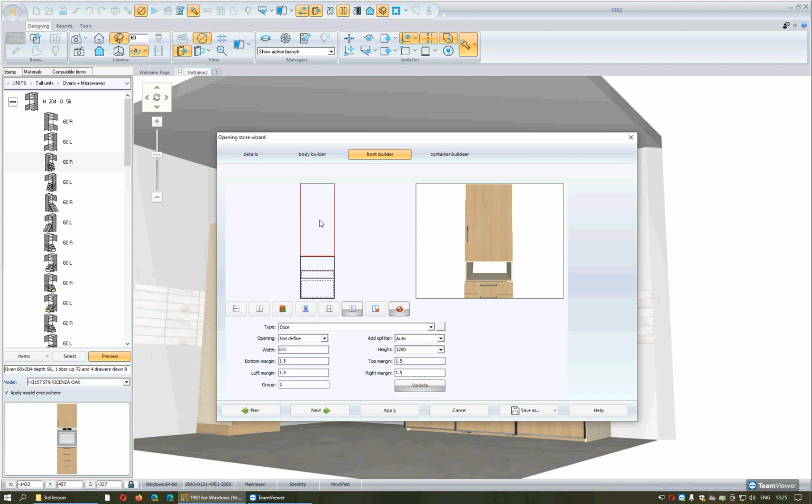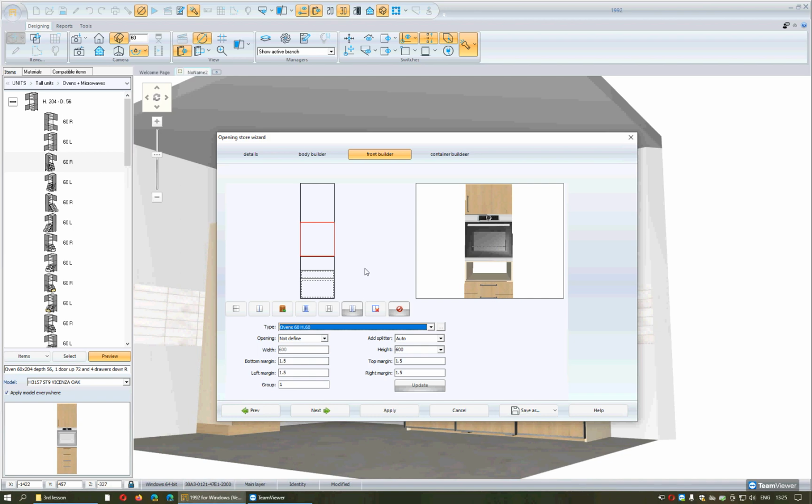After I will select the other side of this wardrobe, and from the first button I will divide at 60 centimeters in order to add from the blank type